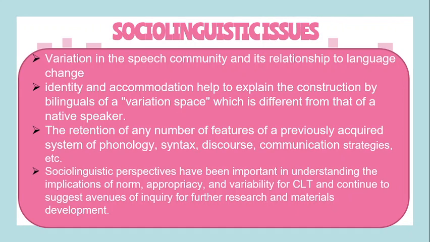Savignon explained that sociolinguistics is one of the issues. Why? Because variation in the speech community and its relationship to language change, and also identity and accommodation, help to explain the construction by bilinguals of a variation space which is different from that of a native speaker,